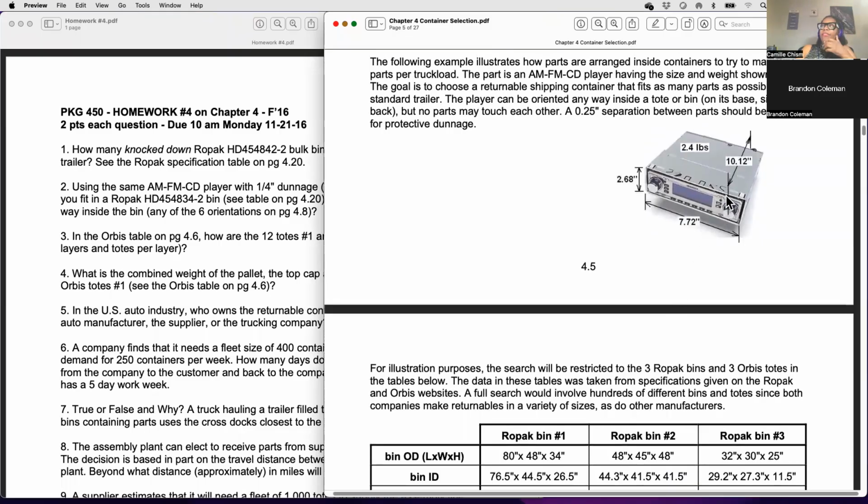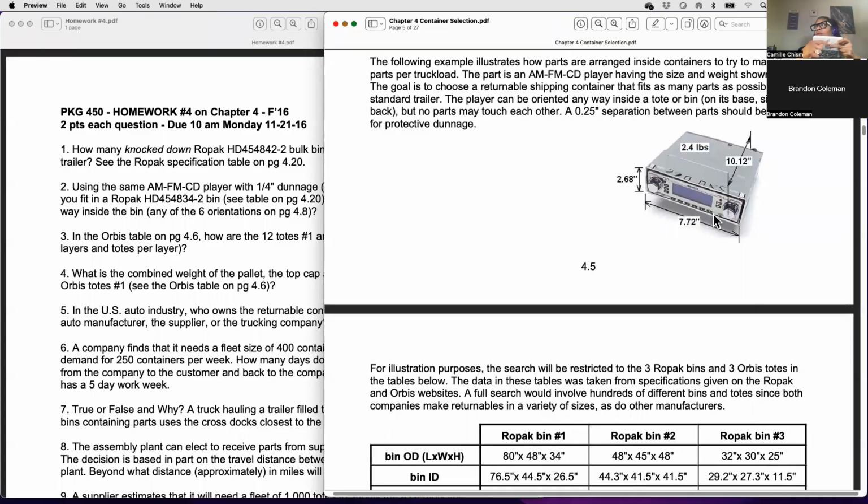So when you look at this, this is taller. Both of these dimensions are taller. So if you were to put the radio in this way, it's going to be taller than the bin. It's going to be 3.5 inches taller. If you try to put the radio in this way and turn it so that you have the length of that, and then you put it this way, now you're still